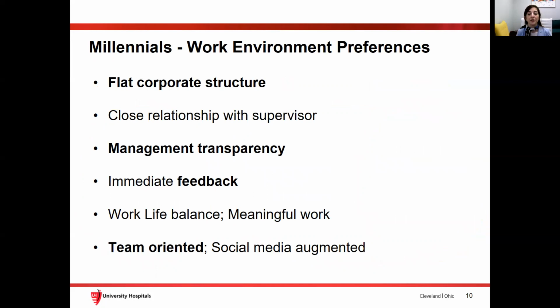So a little bit more about millennials in the workplace. We definitely prefer a flat corporate structure and a lot of management transparency. And the reason for that is millennials focus on efficiency and on producing high quality results in as fast of a time span as possible. And that's probably likely related to growing up in a digital age. And so we like to move quick, hence the desire for immediate feedback, because we can improve in real time when we obtain feedback in real time. And it also helps facilitate the team-oriented workplace that we prefer.